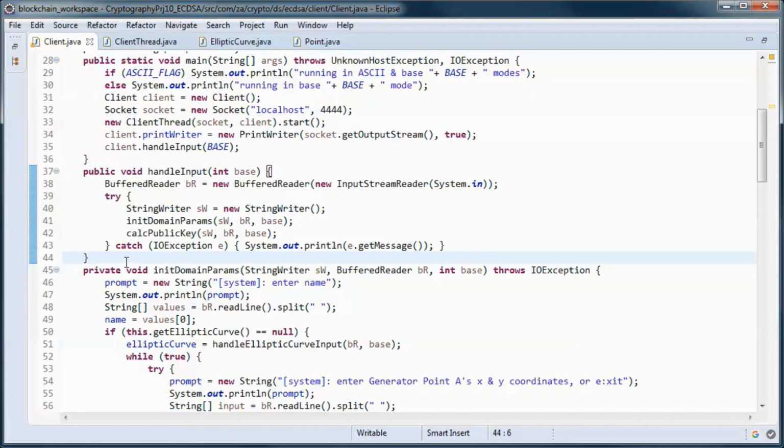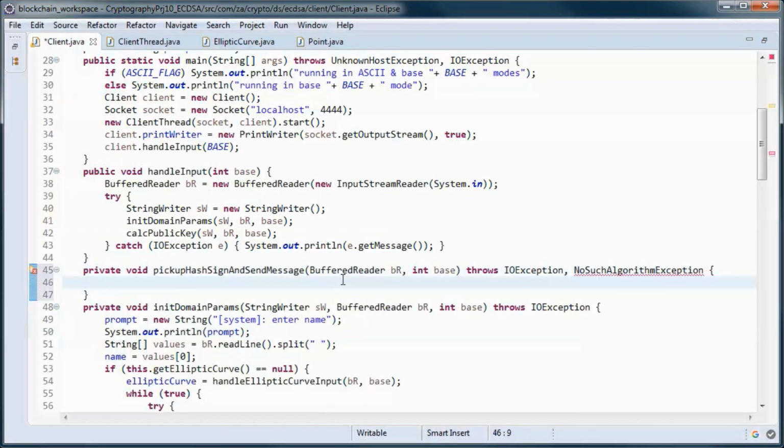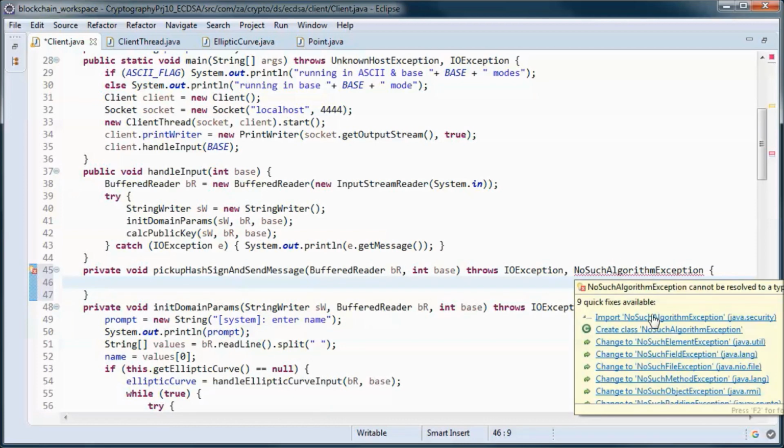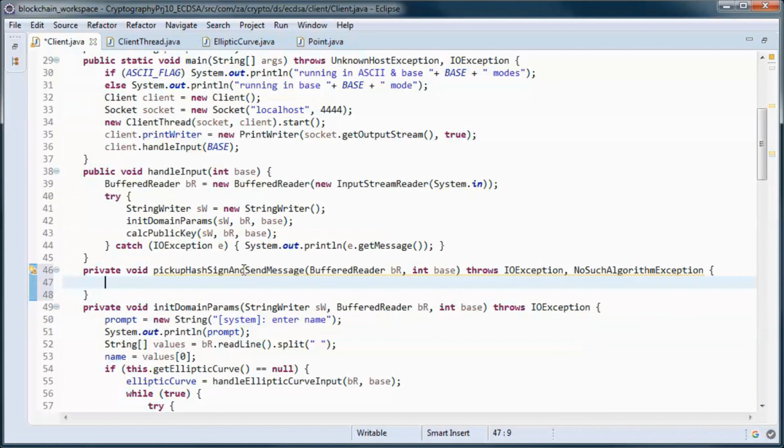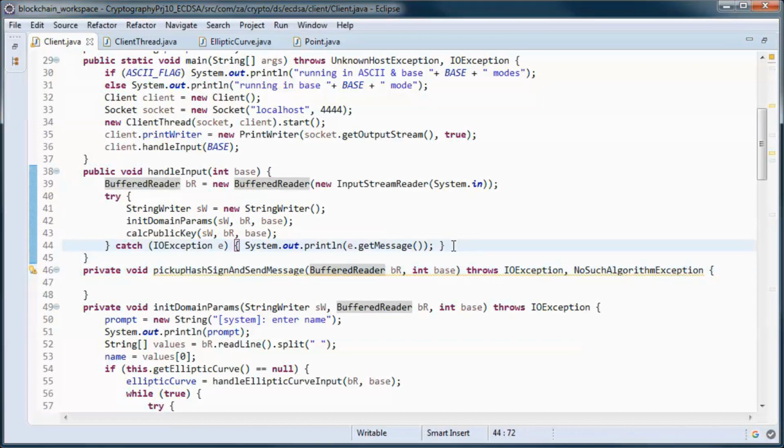And we will have this method that picks up, hashes, signs, and sends messages. And we will call it from here.